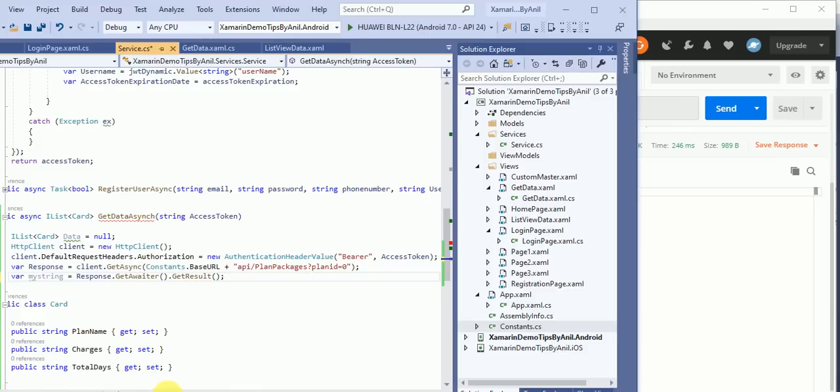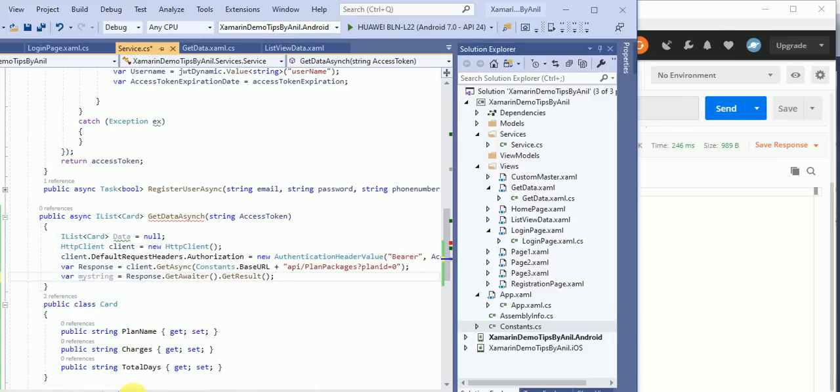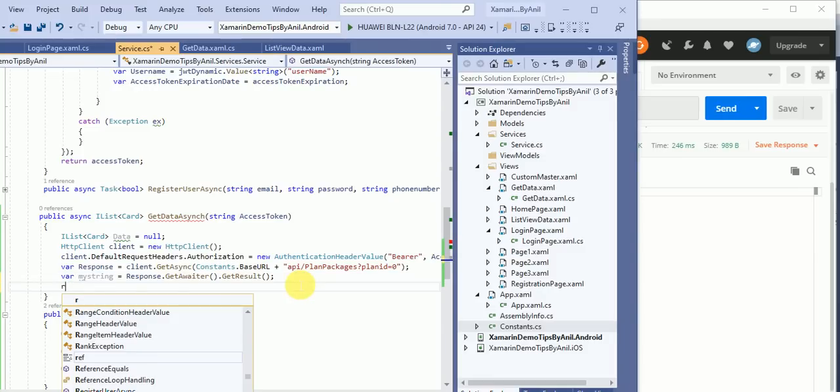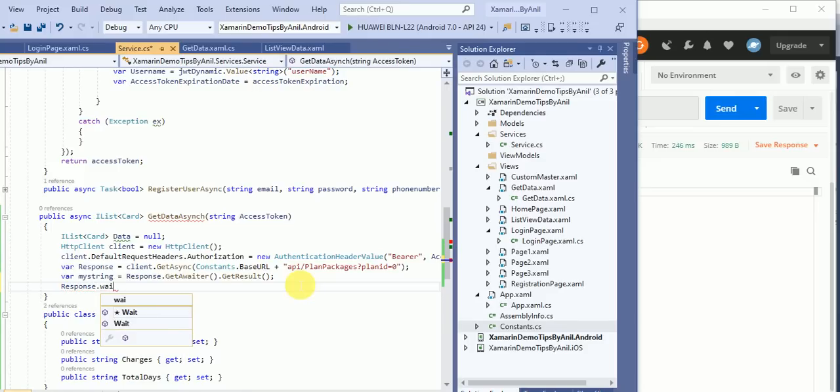From this we will get our content. This is an async request, so we have to wait for the response. Response dot wait.